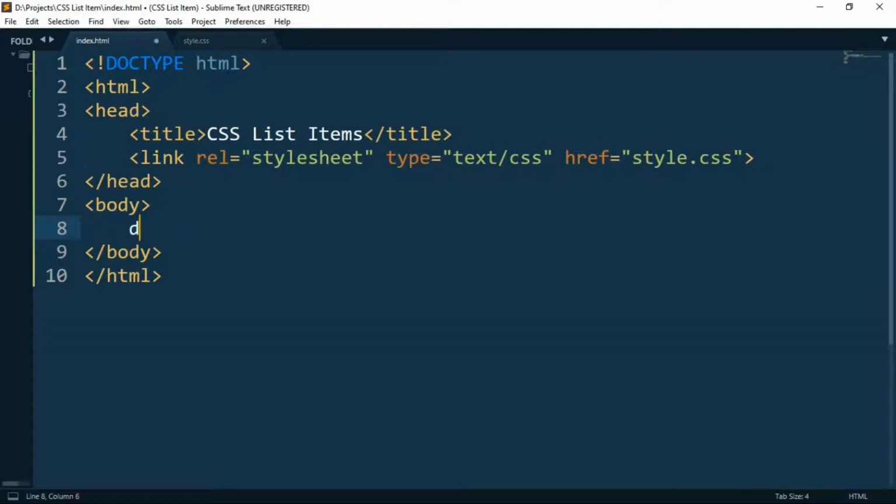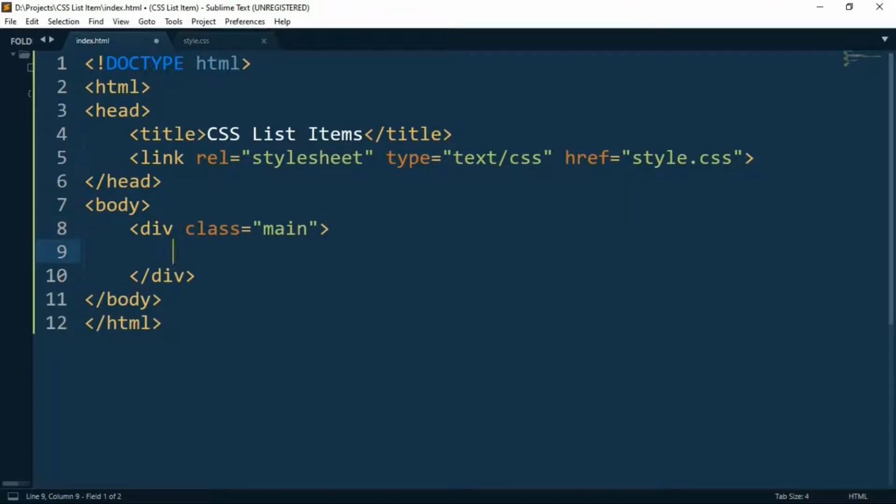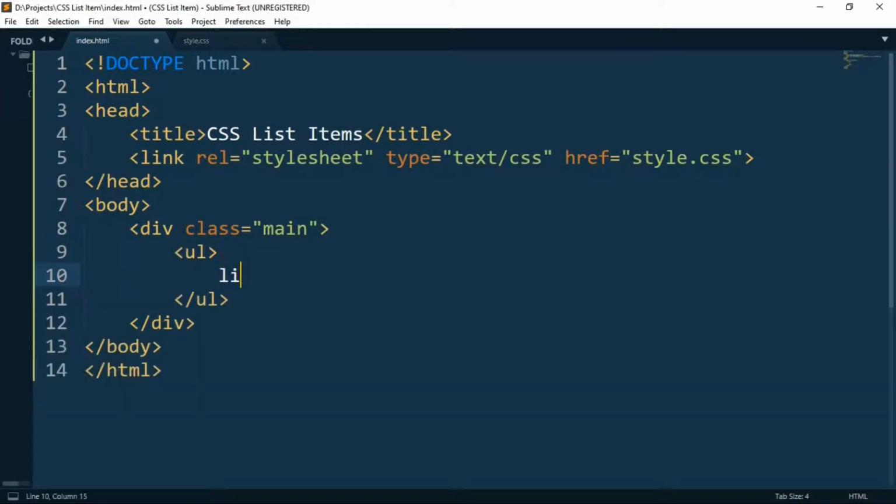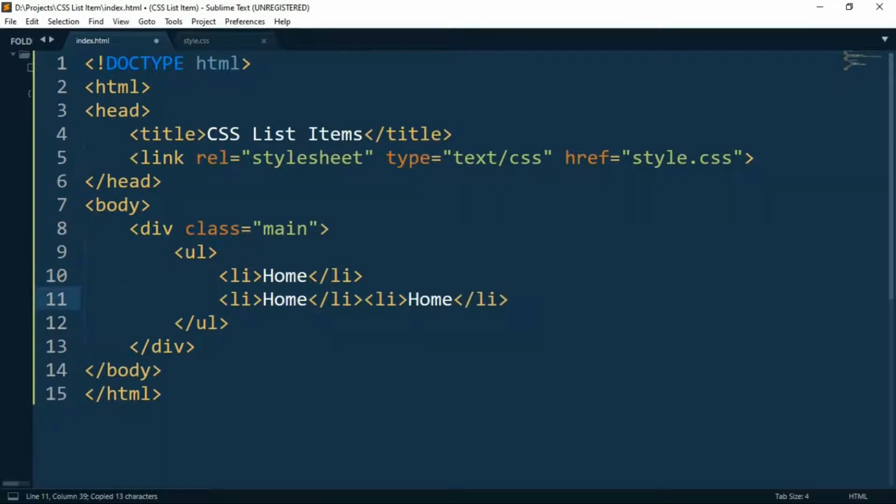create a div. Let's call it main, and create an unordered list and put your items, that is home. Let's just copy it and paste.